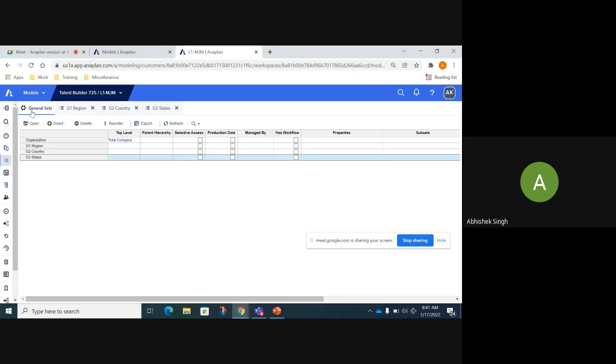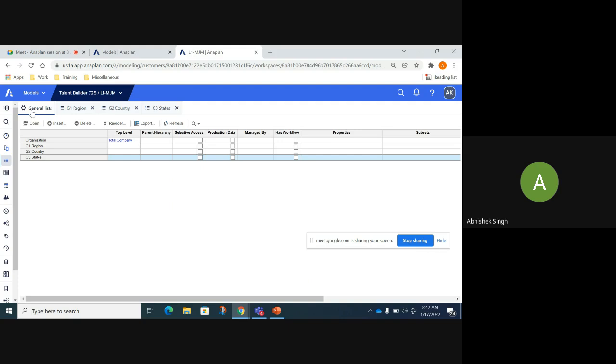Functionally, we may think they have parent-child hierarchies, but from a technical aspect of Anaplan, you haven't defined any configuration as such till now, which marks state as a child of country, and country as a child of region, or region as parent of country and country as parent of state. We haven't done that activity yet, right? We just created three different lists.